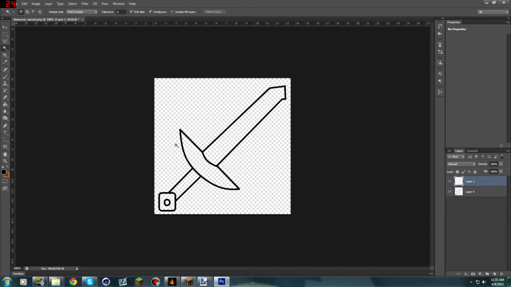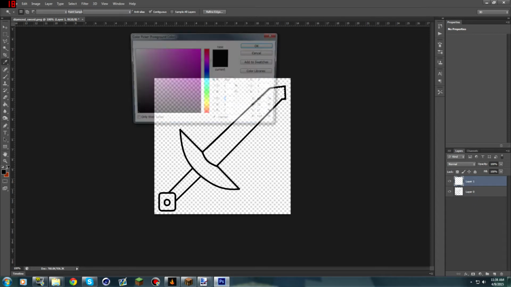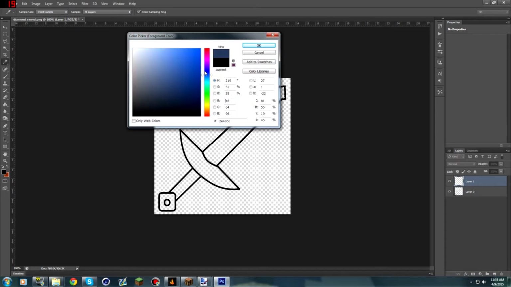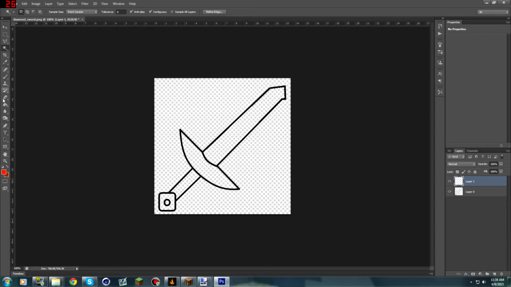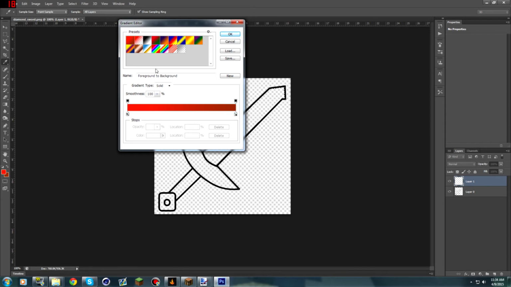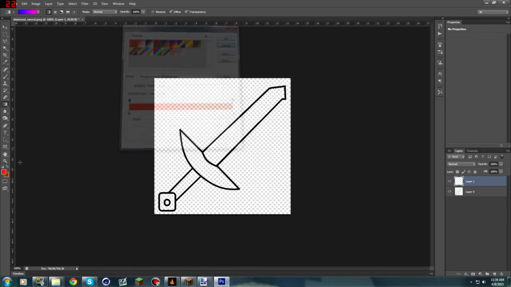However, you're gonna go back onto this layer and highlight it, and I'm just gonna make the blade diamond. Then go back on the top layer and pick the colors that you want it to be. For this video, I'm just gonna make it blue and then red, and then you're gonna go on the gradient tool for a nice effect, but you can do literally whatever you want. And then you're gonna go to, oops, that's brown. You're gonna go to,